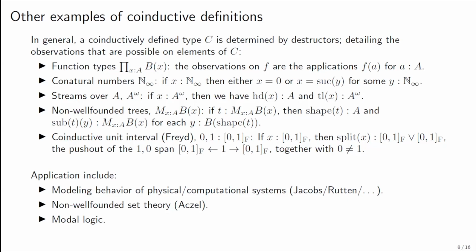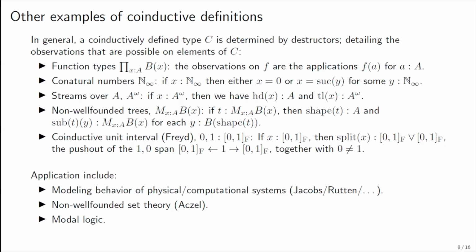Further applications of co-induction include modeling behavior of physical or computational systems. You can imagine the case of automata, which have observations done on them. You push a button and you get a new state of your automaton and maybe some other observation that comes out. It lights up an LED or something like this. And then you can push another button and you get a new state and so on. And co-inductively, you would have the type of all traces of these, which would cover all possible behaviors of such